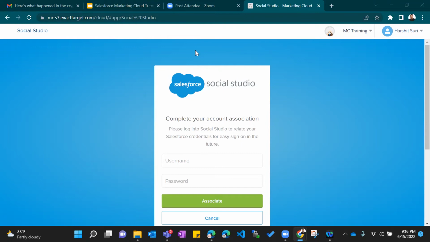Okay, and the other question: how long will it take to complete this entire Marketing Cloud training? Four to five weeks if no leaves in between. Minimum 4 weeks would be there, guys. For 5 weeks, I'm talking about when people miss the class. If you have a meeting and can't join, then we can skip the class for one day, and it rarely happens. So consider 1 more week. So 5 weeks of training at max.